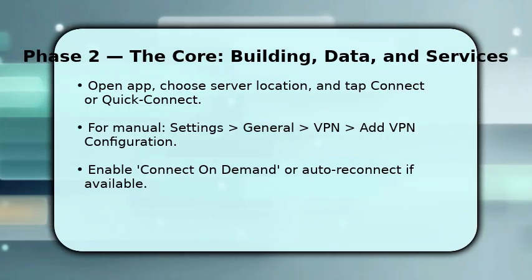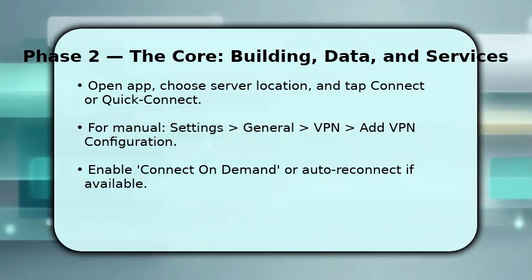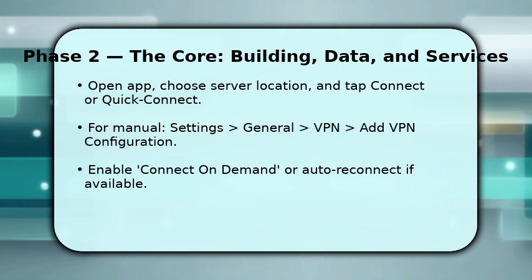For manual configuration, go to Settings, General, VPN, add VPN configuration, choose IKEv2, IPsec, or L2TP, and enter server, remote ID, and your credentials. Once configured, enable Connect on Demand or Automatic Reconnect, so your iPhone restores the tunnel whenever